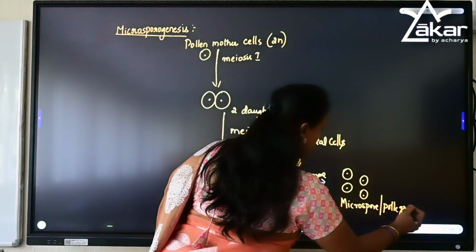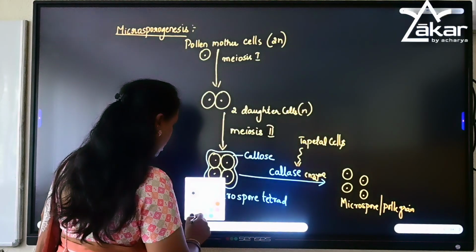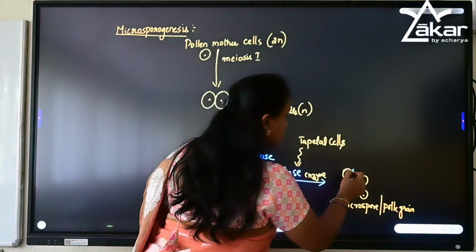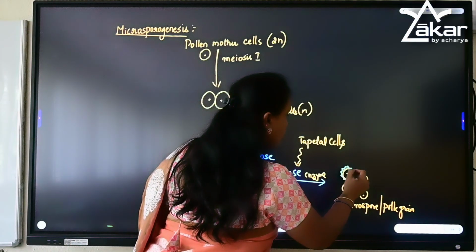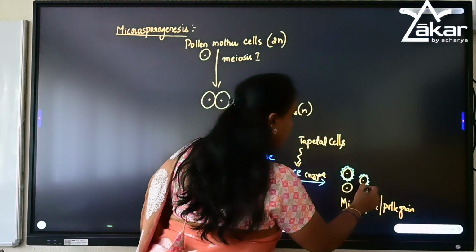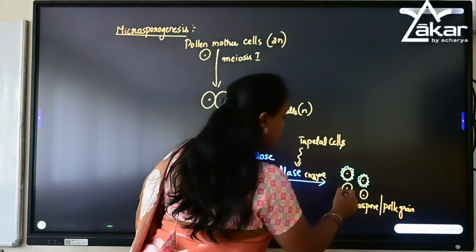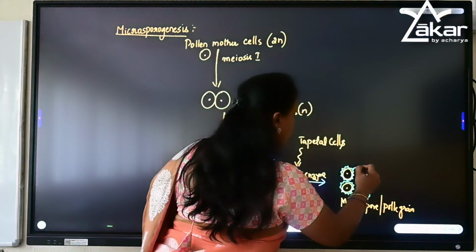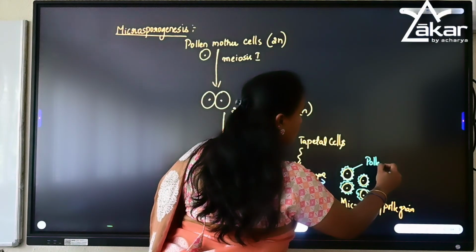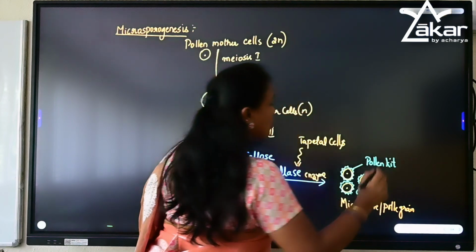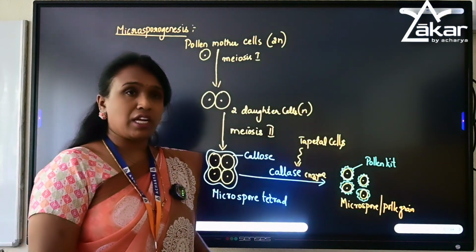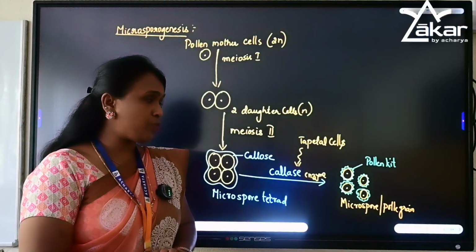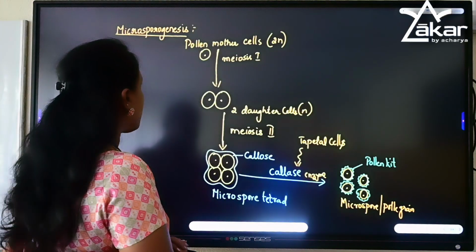Each pollen grain is now nourished and coated with sporopollenin and other important organic materials, and this is called pollen kit. Pollen kit helps the pollen grains to protect themselves. So that is with the microspore or pollen grain. The entire process is called